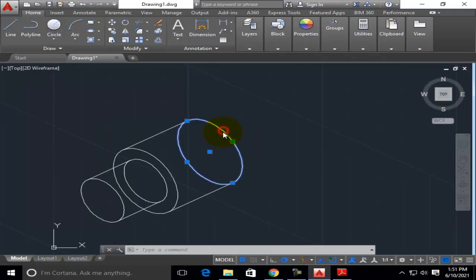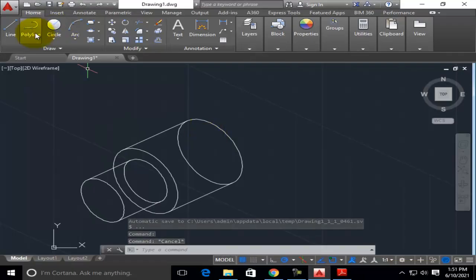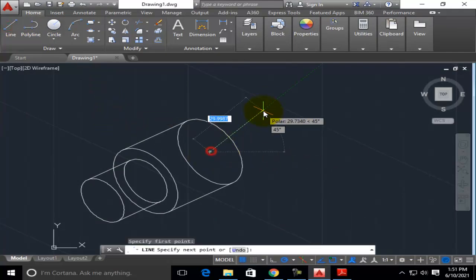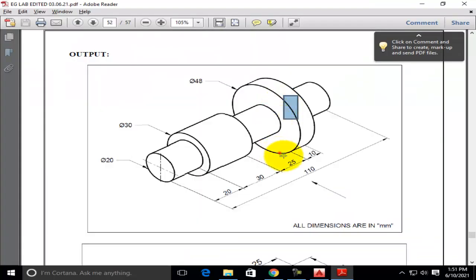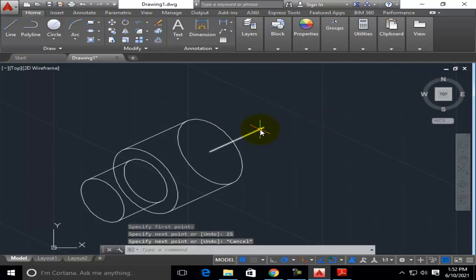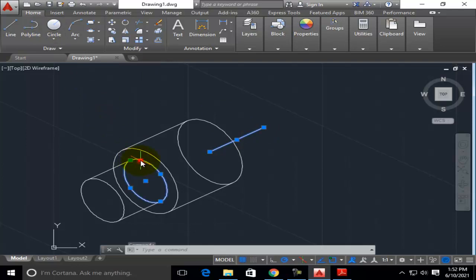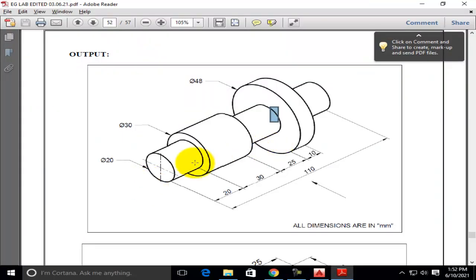For this I am going to move this circle for a length of 30. I am going to use this as a reference, or I can draw a line from this point to a distance of 25. To a distance of 25 I have to draw a line from the center point, that too at an angle of 30. 25, press enter. The end point of this line should be the center point for this arc or circle. That circle has to be with a radius of 20, or a diameter of 20 it should be.